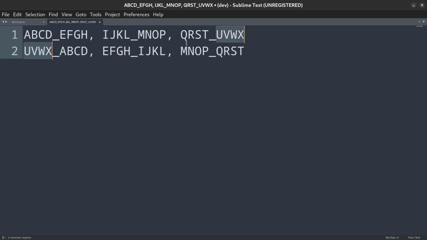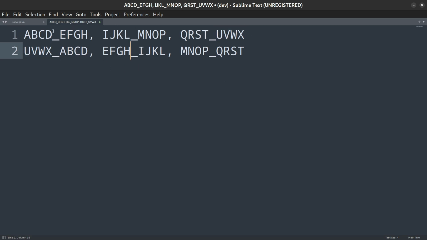We can see that UVWX belongs to the last 4 bits all the way around in the last byte of the array. MNOP belonged to the previous byte as well, and the same with EFGH. You can think of this whole pass as just being a circular rotation of all the bits in the array 4 bits to the right. The way to undo this, then, is with a 4-bit rotation to the left.